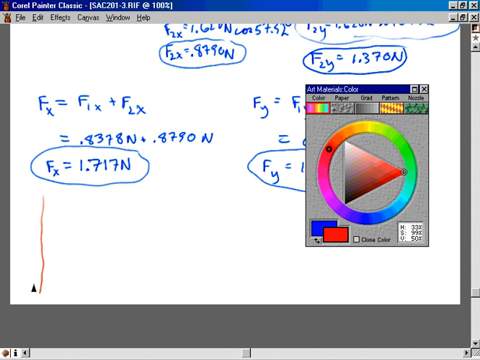Let's see, got the coordinate system looking like that. Here's the Fx being equal to 1.717 newtons